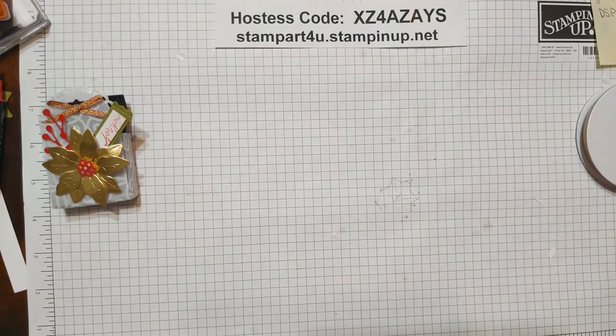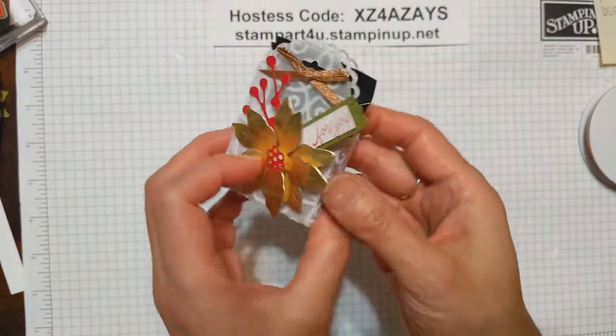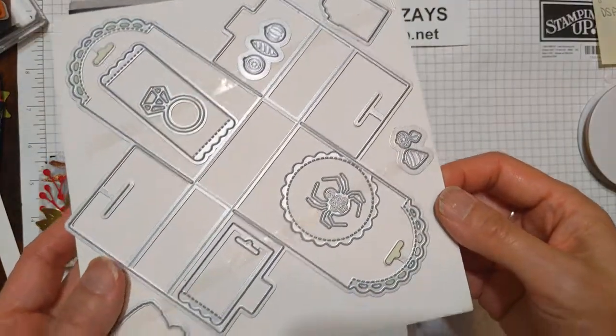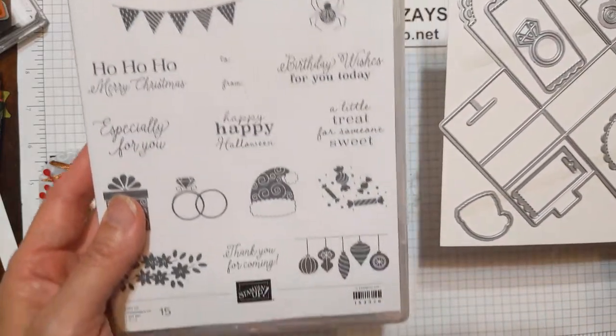But anyway, I want to share that with you, and those are the flocked papers. But for this one, I went ahead and used the die to cut it out. And this die is awesome because it scores and it cuts. This is an amazing little die, and it comes with some other fun pieces and coordinates with the Little Treats